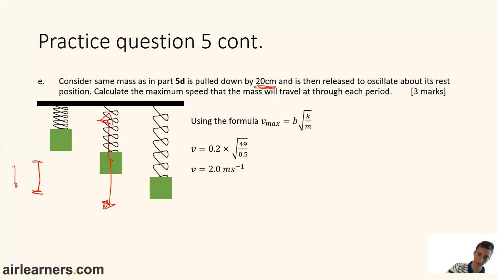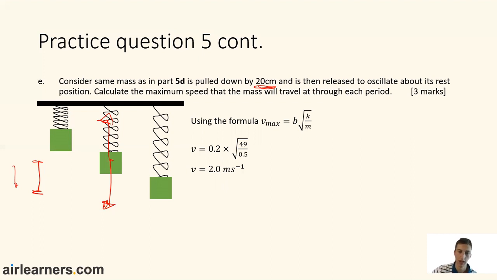So that's how we use that B. It doesn't really mean anything, there's no reason why it's denoted as B. That's just what I've called it. But the K and the M are the same as normal. So what you get is B is 0.2 multiplied by square root of 49 on 0.5,